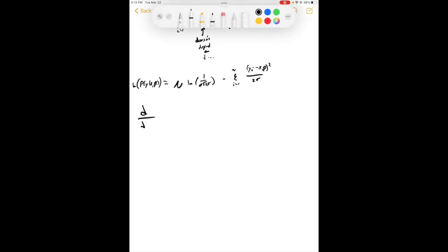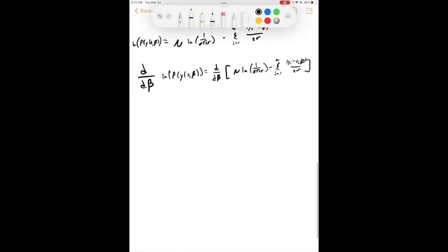So now we want to take the derivative with respect to beta of both sides here, in natural log 1 over sigma square root of 2 pi minus this sum from i equals 1 to n of (y sub i minus x sub i beta) squared over 2 sigma. So we really only care about this half. And let's look at this piece. This piece has no betas in it, so really that is just going to end up being a 0. So we're going to get 0 minus the derivative